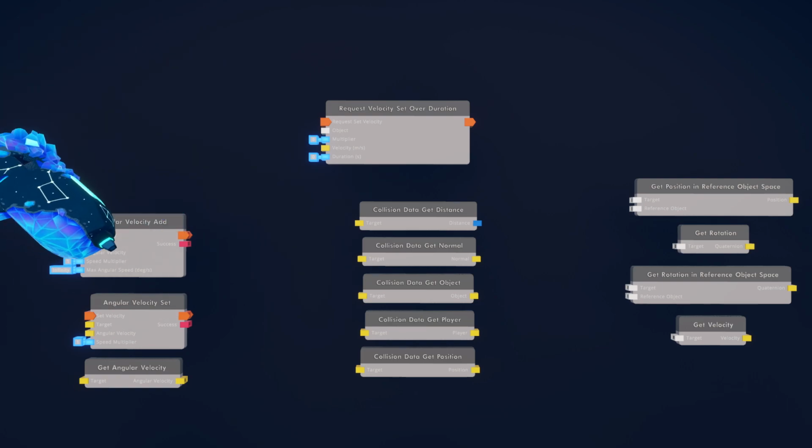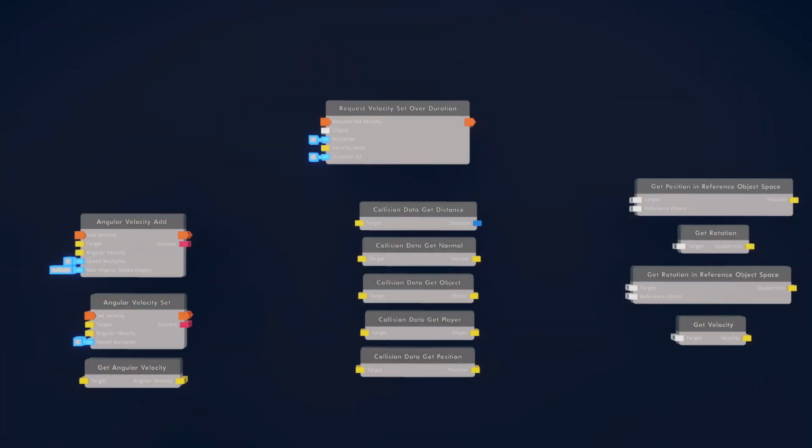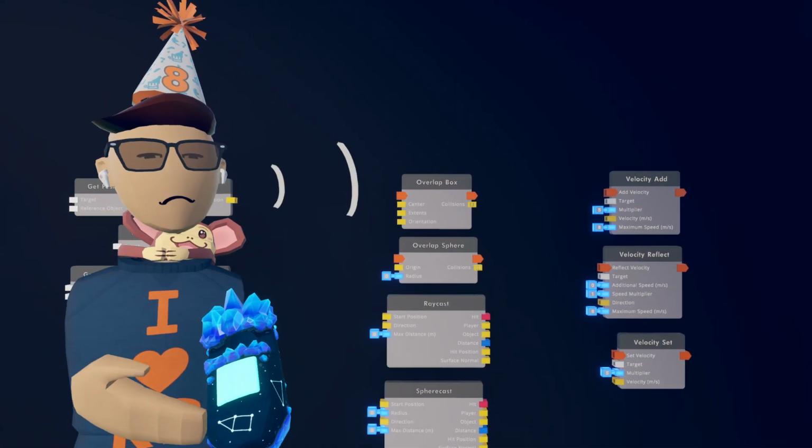And overlap box, I tried using it before, but how does that usually work again? Yeah, so you can think of it as you give it information to create a box. You give it a center, extents, which is just the scale of the box in each dimension, X, Y, and Z, and then orientation, which is the rotation of the box. And then when you run it,